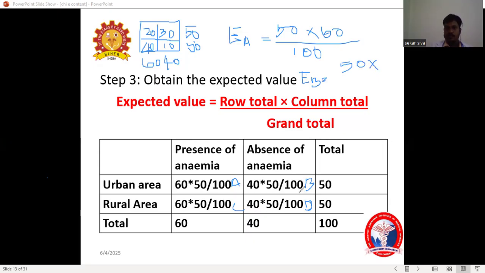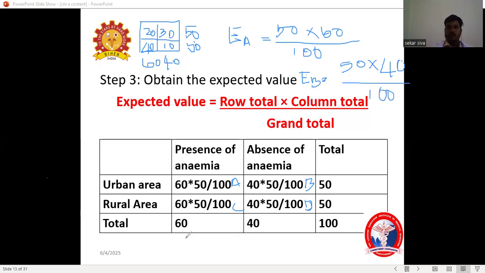Here the B cell column total is 40, not 60. Okay. For A cell it is column total 60. For B cell it is 40, 40 divided by